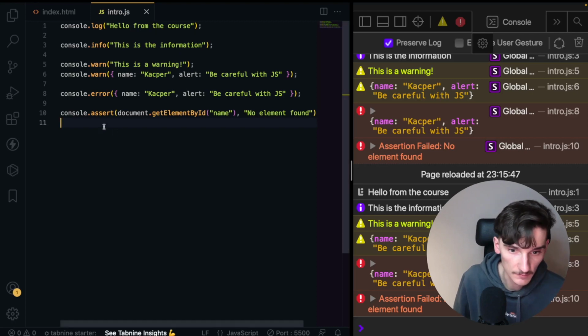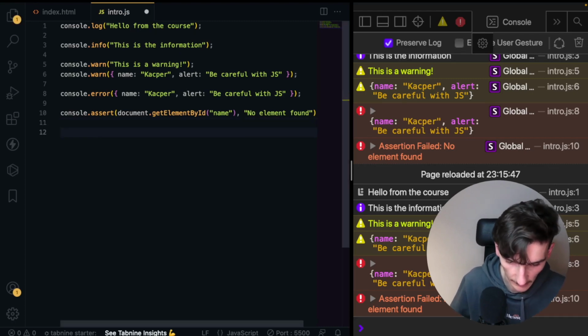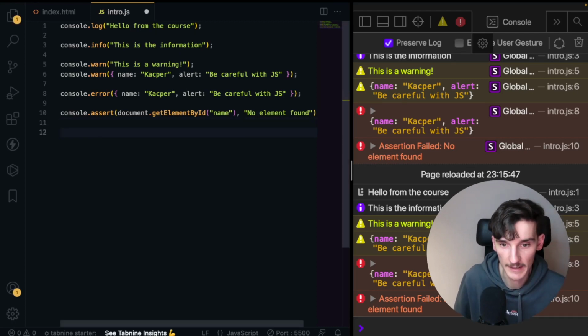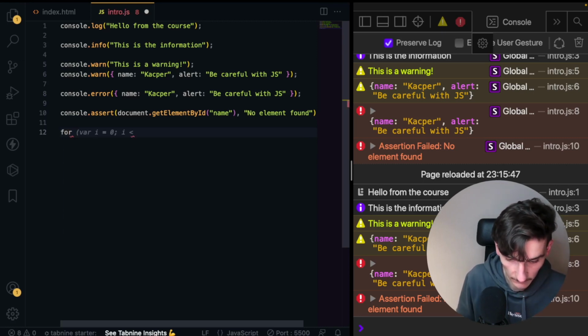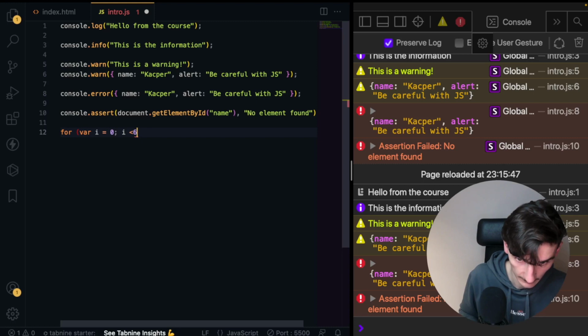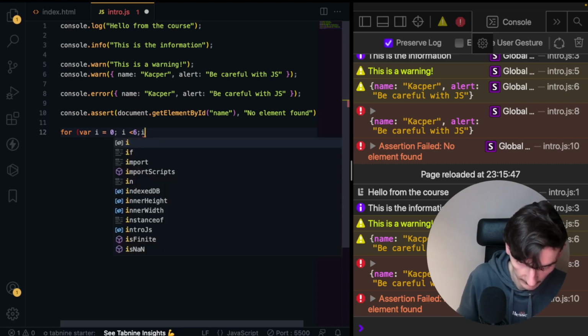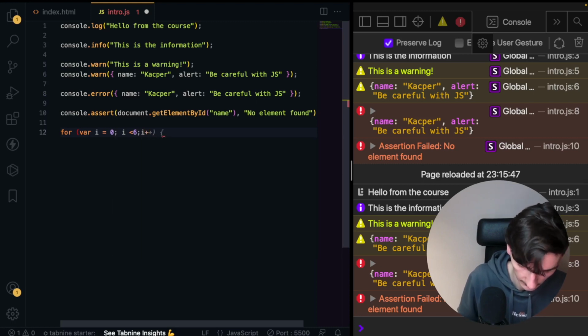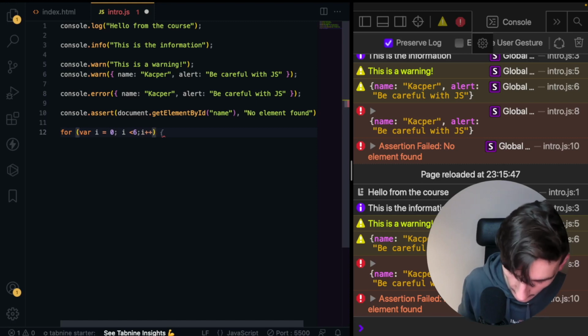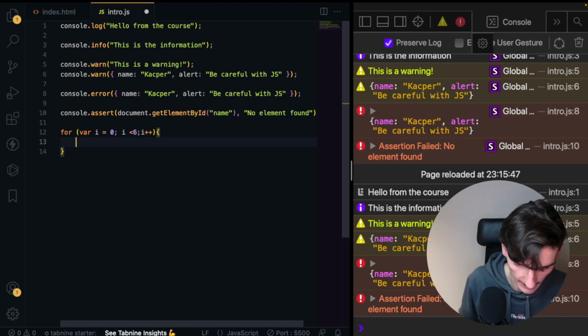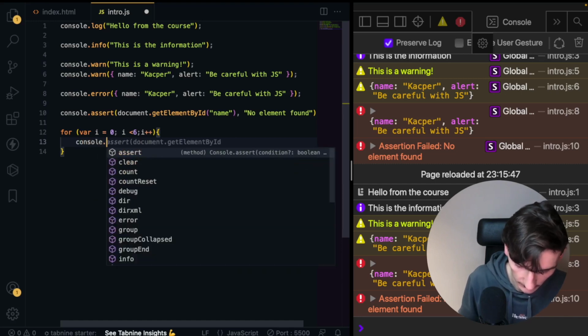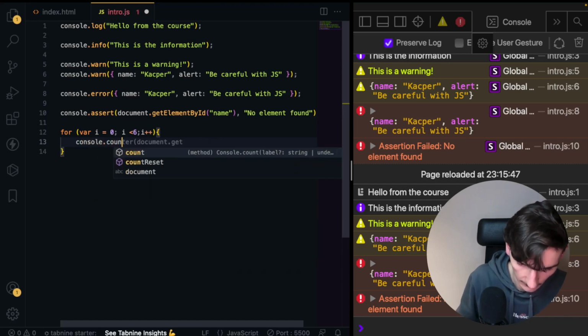The sixth console method is the console.count, and to make it more visible, I will nest it in the for loop. So I will make it like that, and increment it. Okay, open the loop, and here I can type console.count,